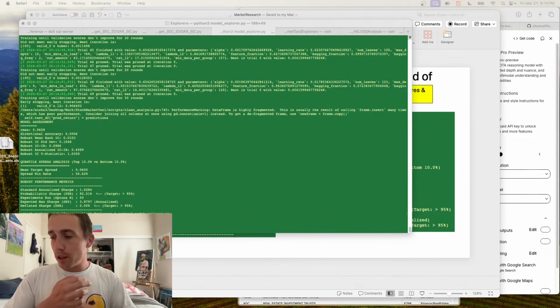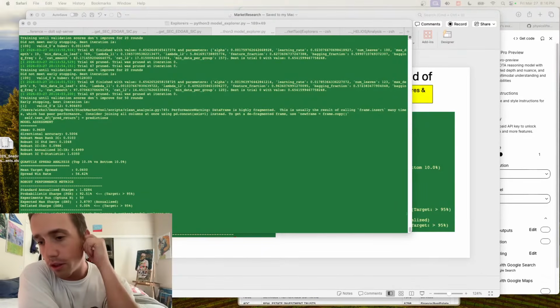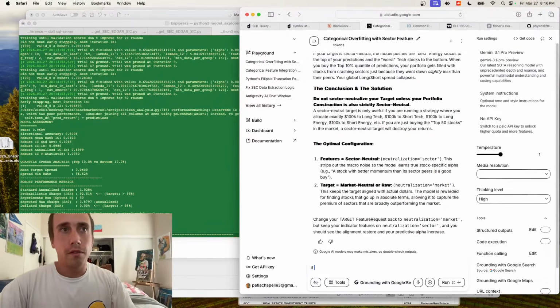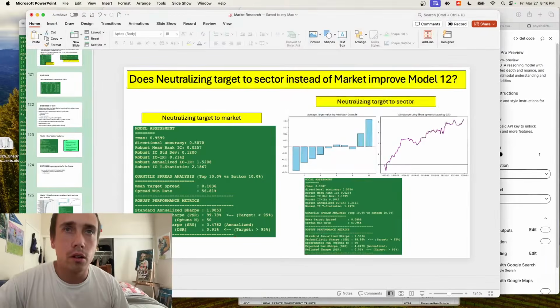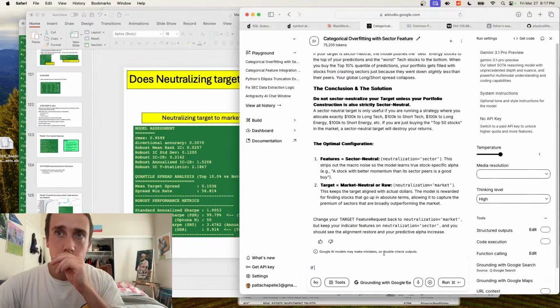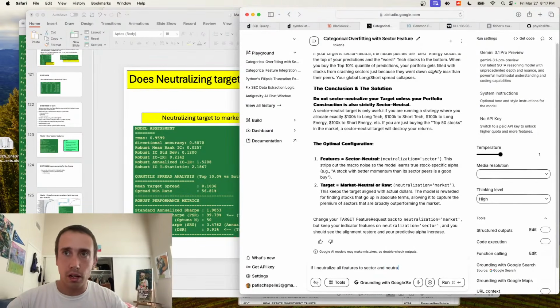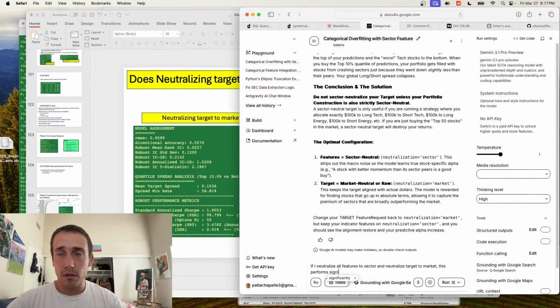Now, the two things I can do to improve this further. All right, so I think it was worse. 0.01, 0.02. Okay, so I neutralize all features to sector and neutralize target to market. This performs significantly worse